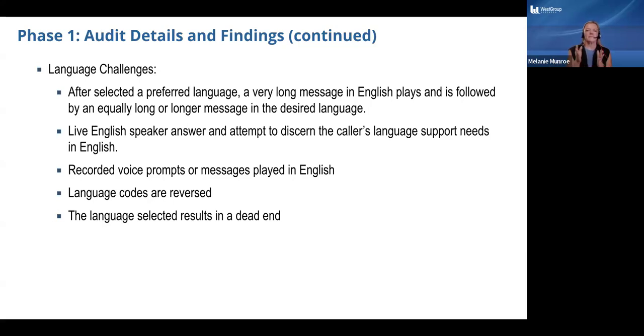In some cases, with these menus, we experienced some other odd things. We experienced a menu where there was an English speaker in the automated system, but with an accent, or the recordings for the automated system were reversed. In that case, we selected Mandarin and then Cantonese, and the menus were reversed. So for Mandarin, you then heard Cantonese, and for Cantonese, you then heard Mandarin. Interestingly, when we went to do phase 2, that particular issue was fixed.